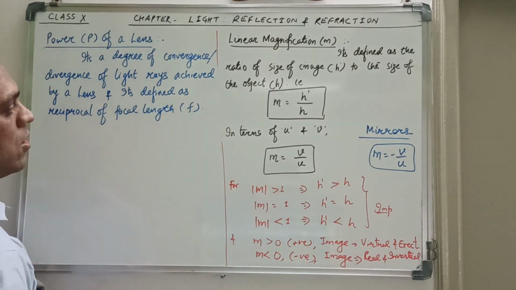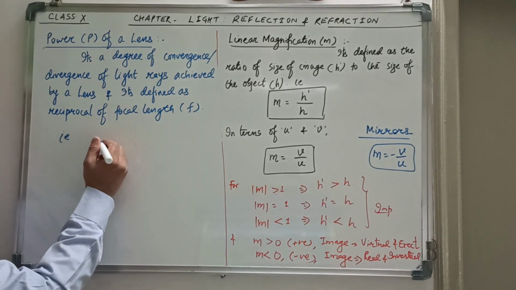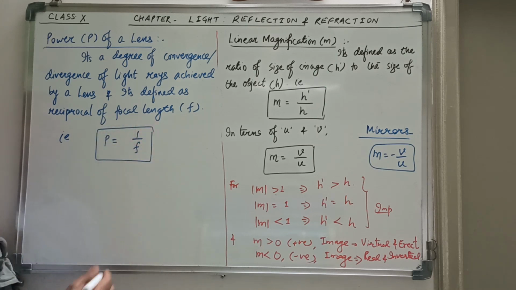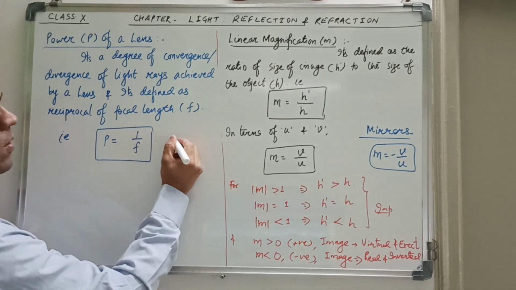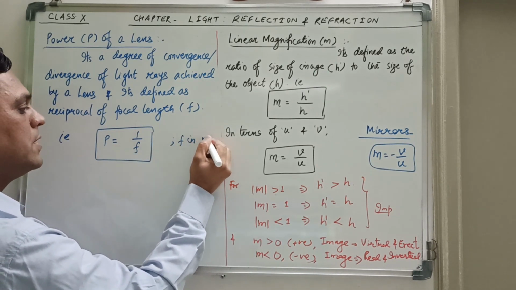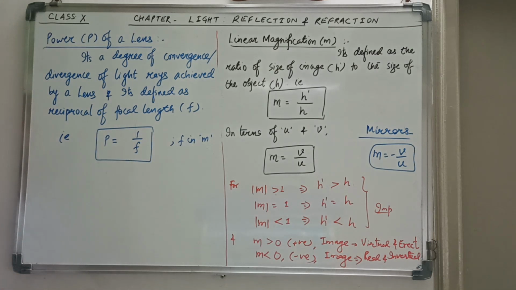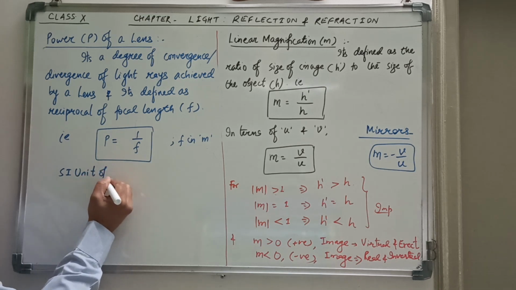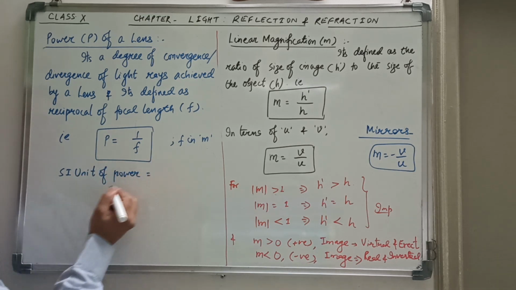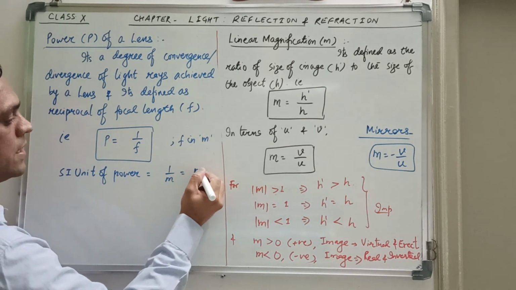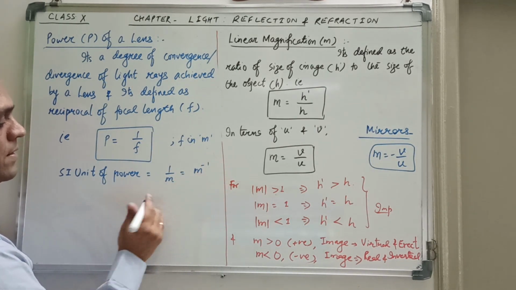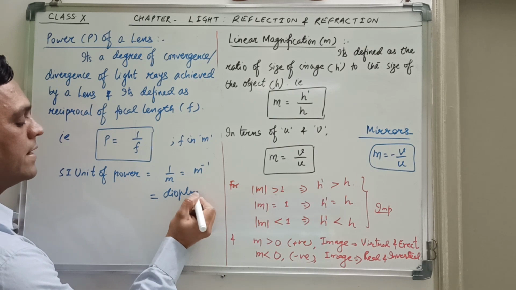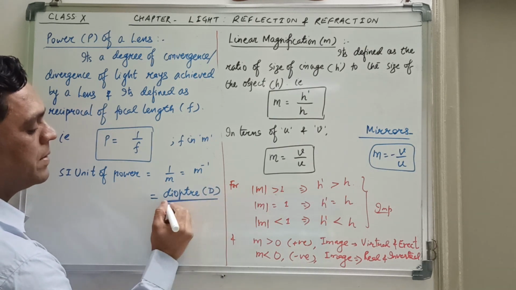So it's reciprocal of focal length, that is the power of a lens, that is P will be equal to 1 upon F. This becomes the formula for power. And you always remember, whenever you use this formula, here F has to be put in meter, correct? So based upon this formula, you can always tell what is the SI unit of power here. So SI unit of power will be 1 upon meter. So this is nothing but meter inverse, and this has been given a special name in the SI system of units, and that name is diopter. We represent the symbol by capital D.